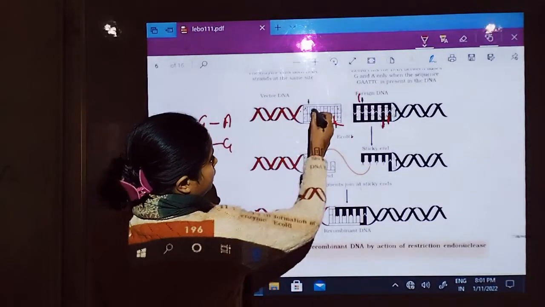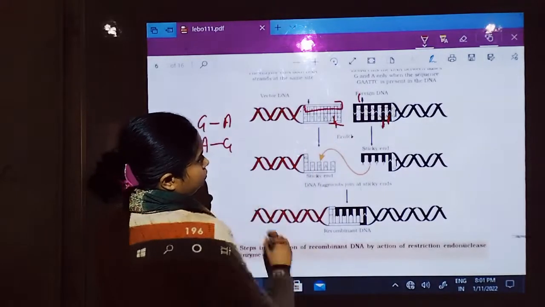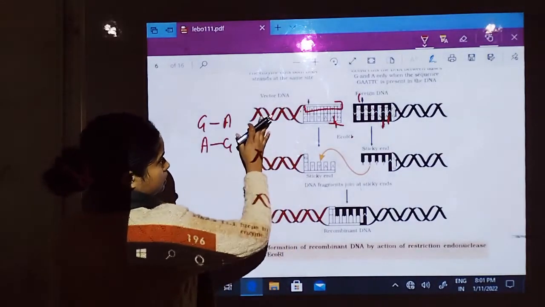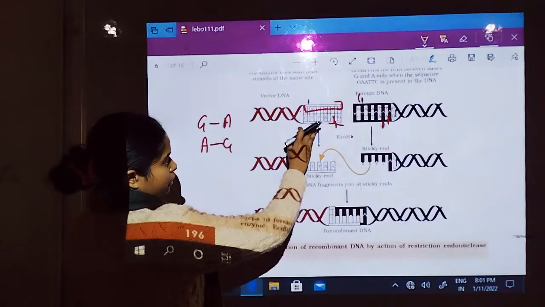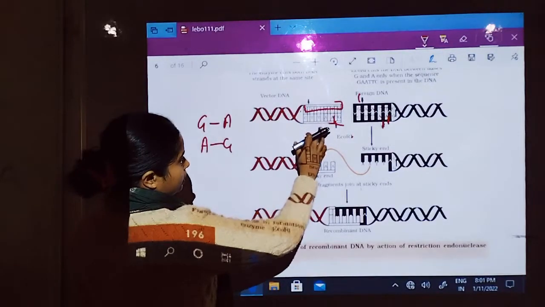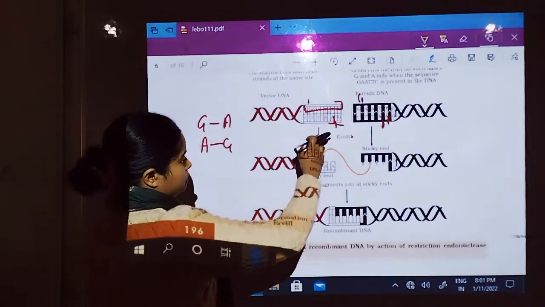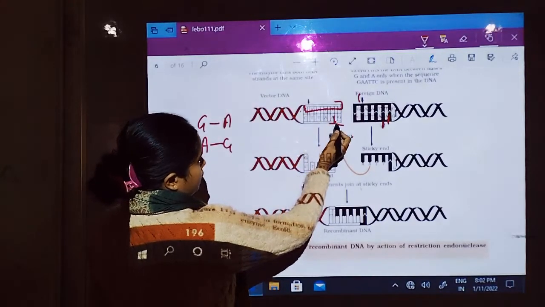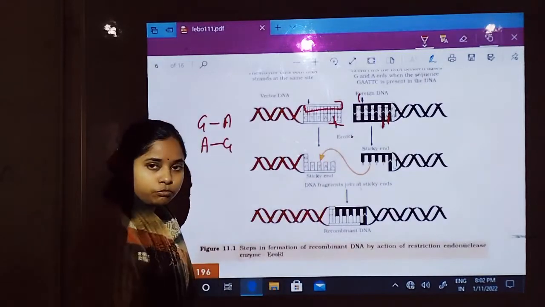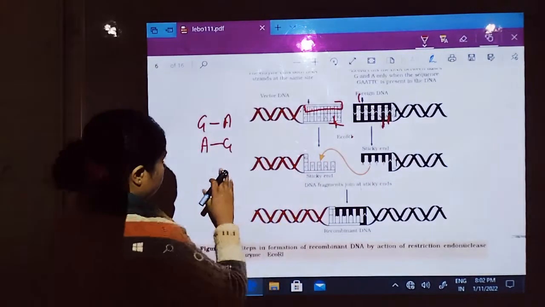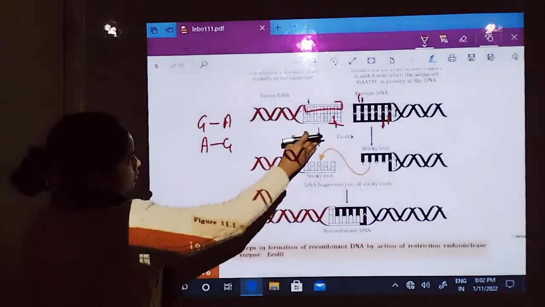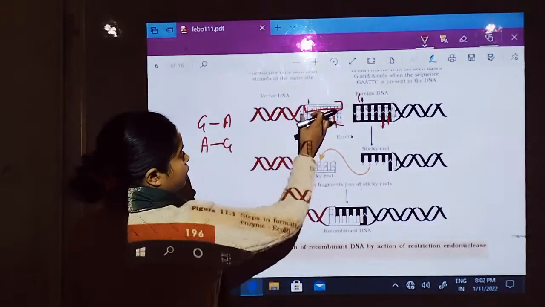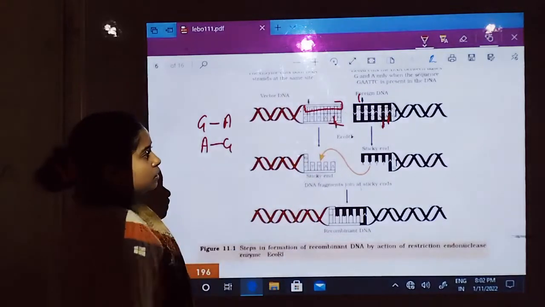Now, if we cut this portion, only G is present. One strand and then another strand of the same DNA. T, C, T, T, A are present, only G is removed. So overall, if we remove the cutting portion, what will be removed after the action of EcoRI from the